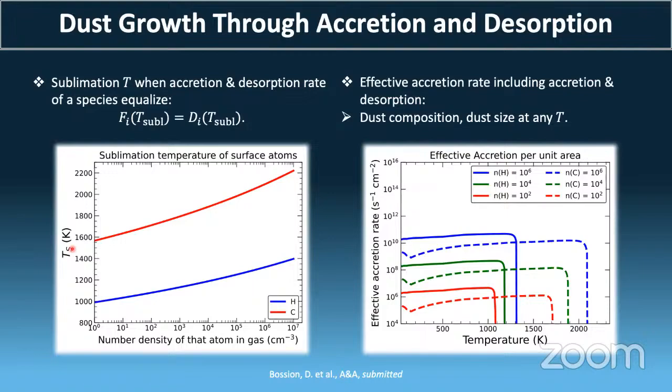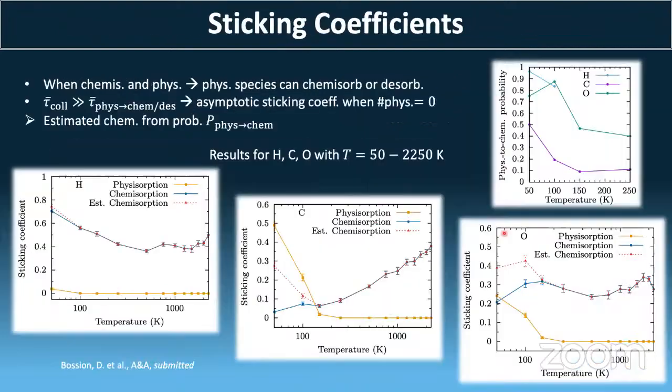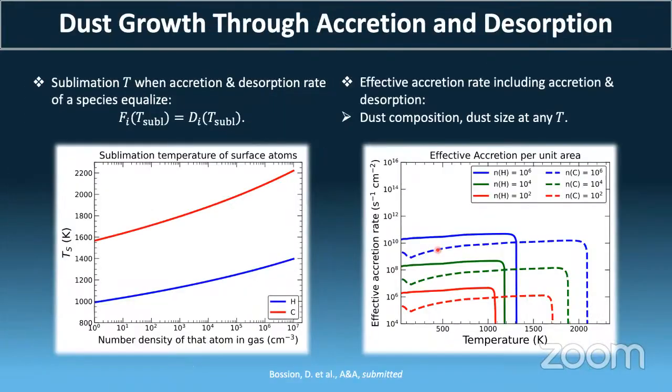The other type of result we got was this effective accretion, which was a balance between accretion and desorption. And we can see here that, of course, over sublimation, it drops to 0. It's relatively flat here. It's flat because the density of each atom is reducing when they accrete on the dust. So even if the rate here is increasing, the fact that the amount of carbon available is decreasing makes this almost flat behavior over time.